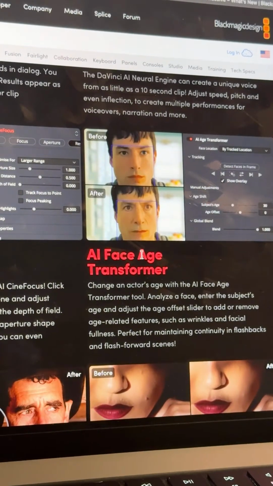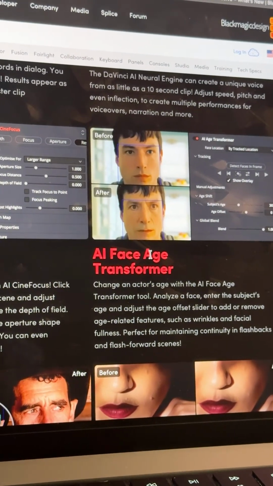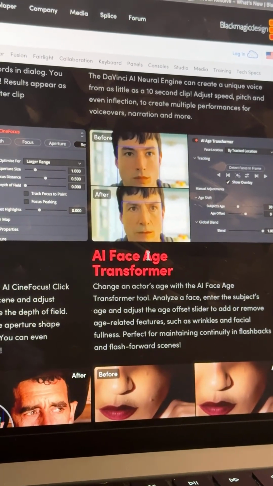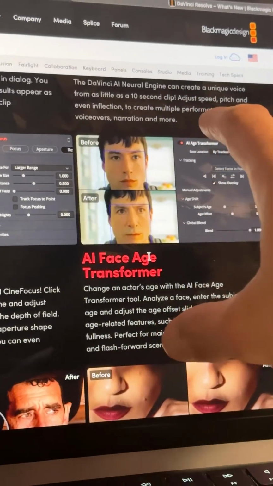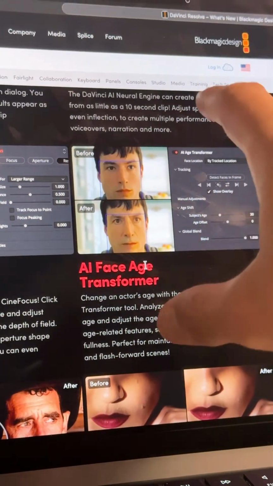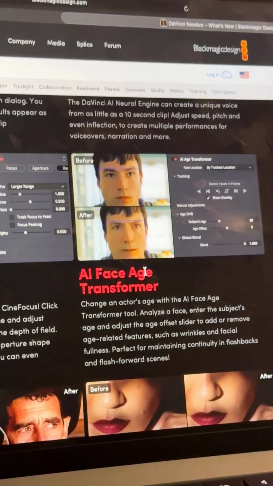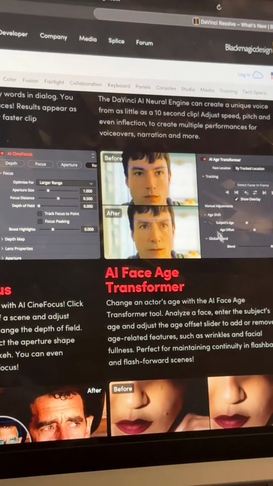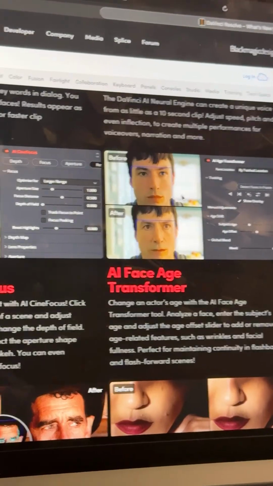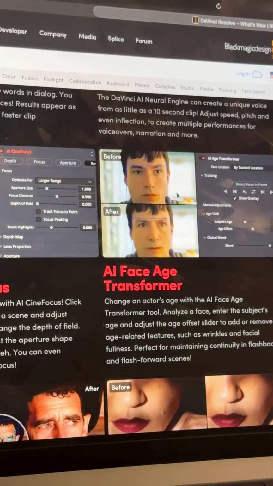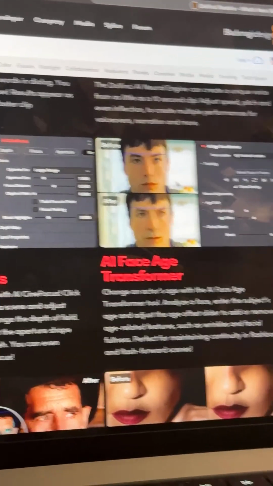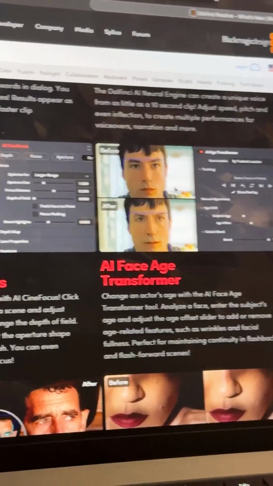And this one is the AI Face Age Transformer. Oh my god, I've seen this clip. What exactly does it do? You can make yourself younger, or you can make a younger person look older, and an older person look younger.